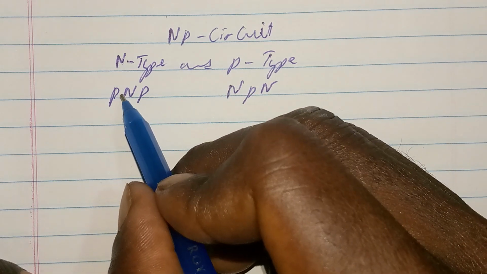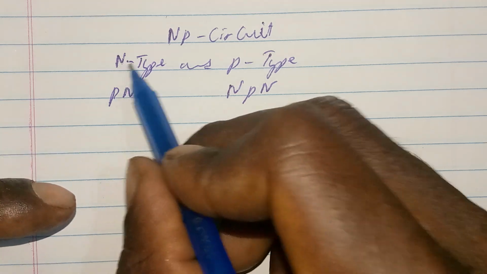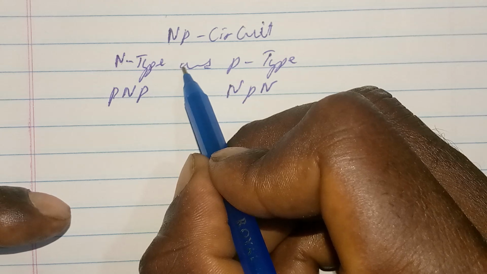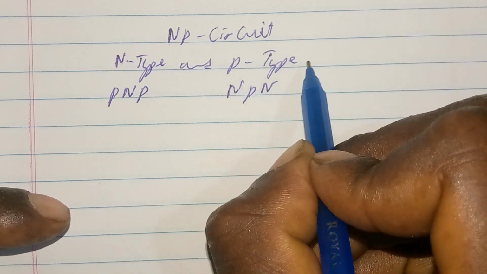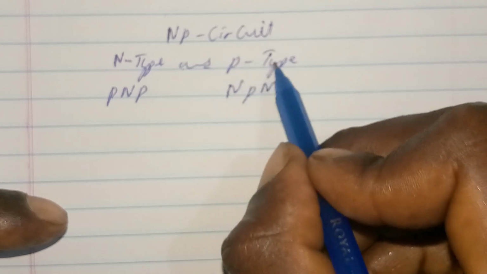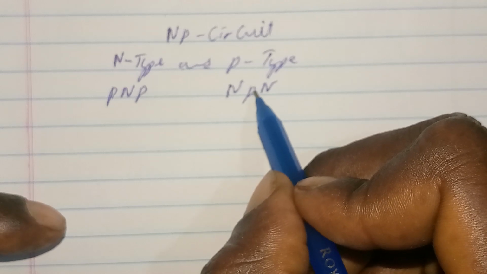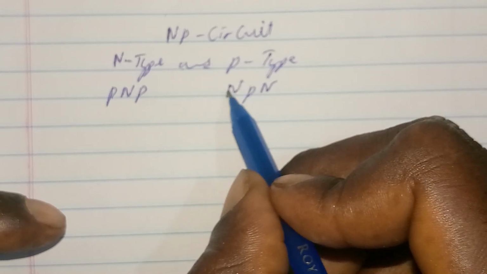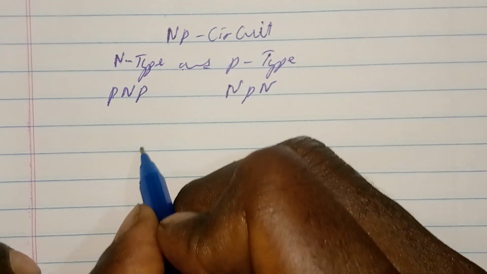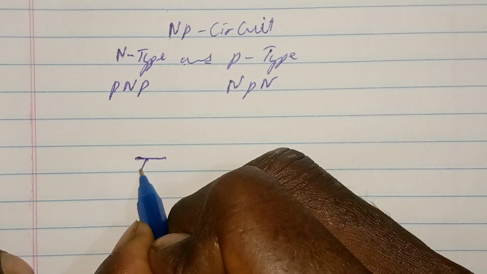If you want to switch on the N-type transistor, you should take out a base voltage to the negative terminal of the power source. And if you want to switch on this P-type transistor, you will input a base voltage. Now, if you have a transistor here,